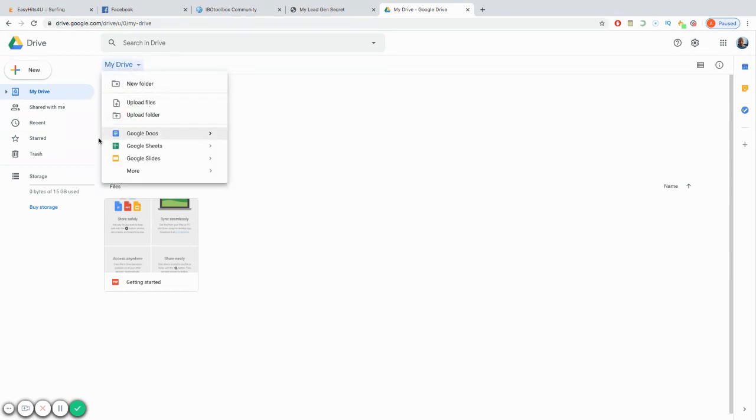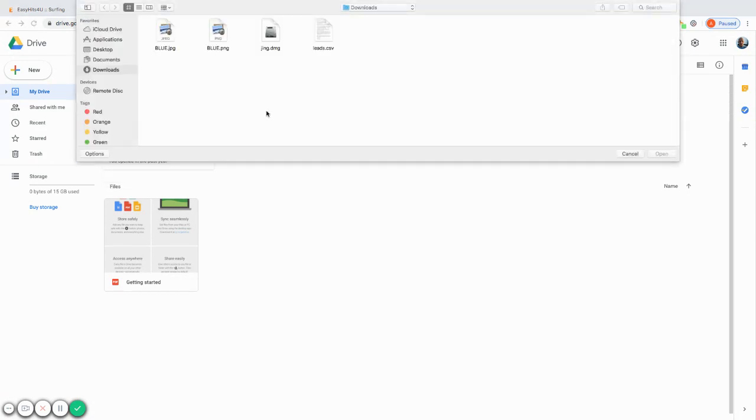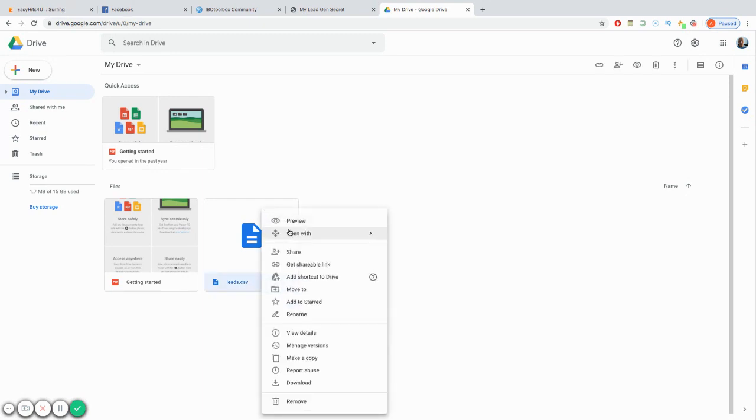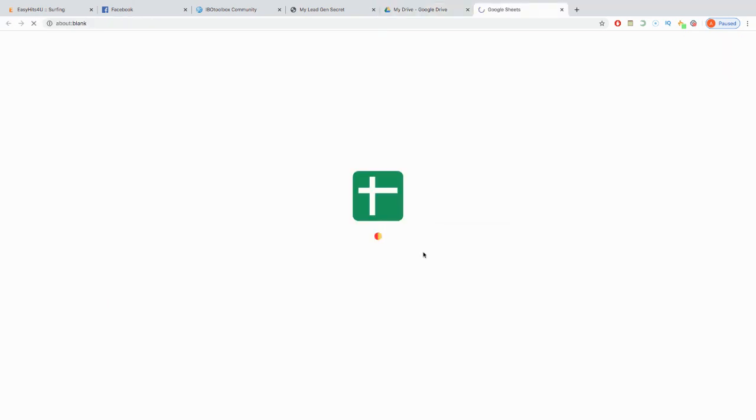If I come over to upload files, it will open up my downloads, and I've got a leads CSV file right here. So click that and it'll open and upload them here. You'll see them pop up in a moment. So they've uploaded. Now I can right click on this one where it says leads CSV, and I've got two options here. Preview. Next one down, open with, and it opens another drop-down menu, and this is where you go onto Google Sheets. Click Google Sheets and it will open up Google Sheets,